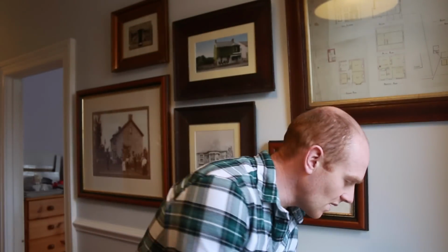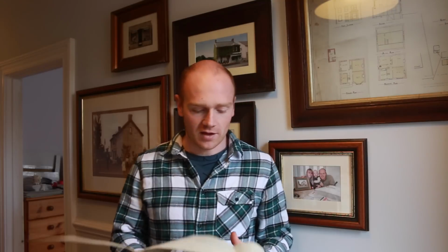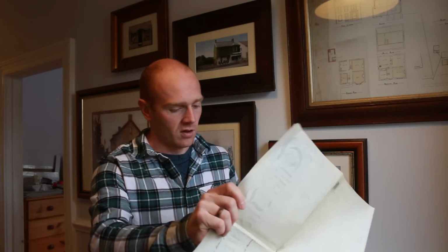And I mentioned the deeds that we got. Loads. I mean, with a house this age, especially if the paperwork has been looked after, you get quite a folder of paperwork, and this was one of those. I think this is the original deed. This is the original transfer of the...